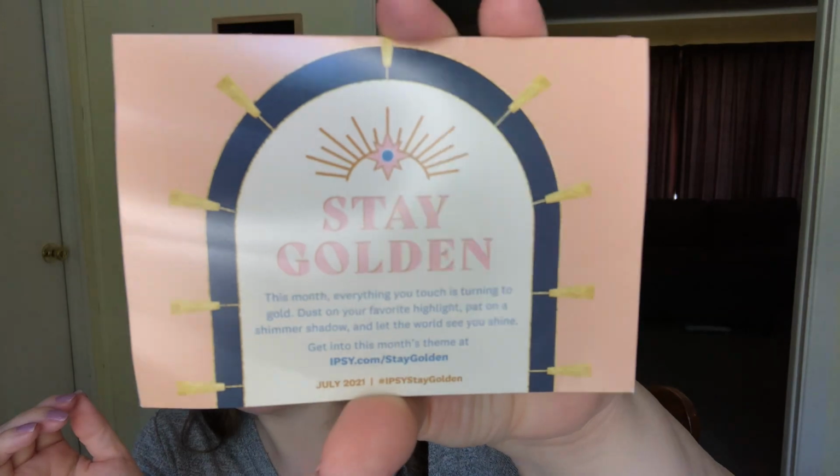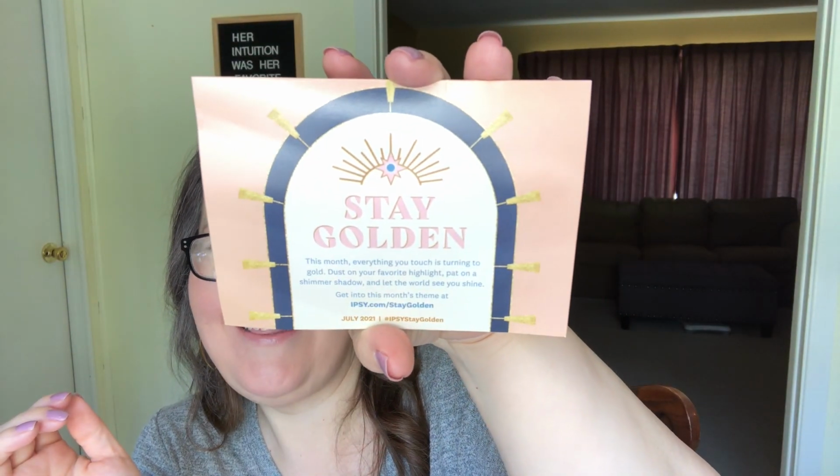The next 3 items were choices that I made from the categories that they gave me. So reaching in next, I'm telling you, I feel so off down here. This is what the paperwork looks like this month. This says, stay golden. This month, everything you touch is turning to gold. Dust on your favorite highlight, pat on shimmer shadow, and let the world see you shine. Back to the products, I have